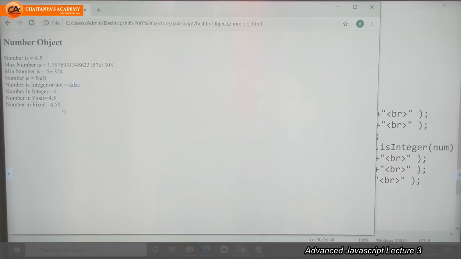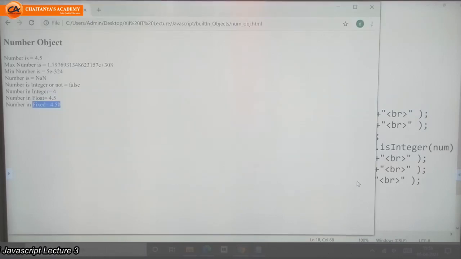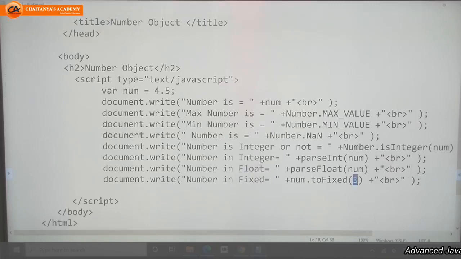Here, see, is the number an integer or not? No, it's not, that's why false. The number converted into an integer gives us 4. This is parseFloat 4.5, and this is toFixed 4.50. Why? Because here I have written num.toFixed(2). If I had written 3 here, then I would get 4.500, meaning 3 digits after the decimal point.